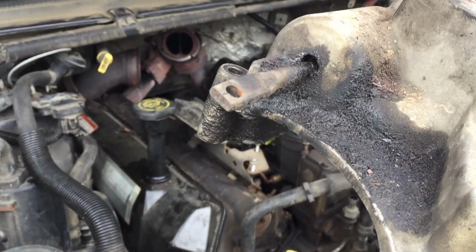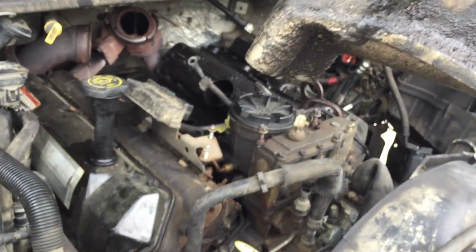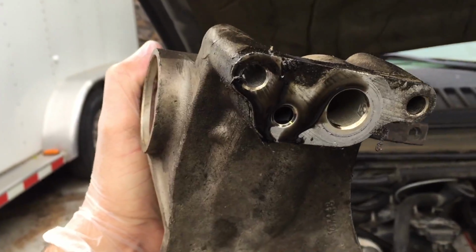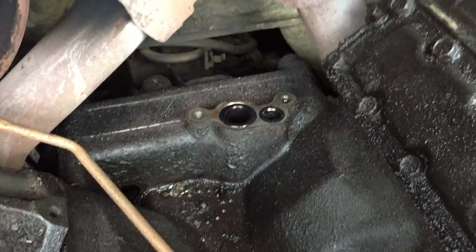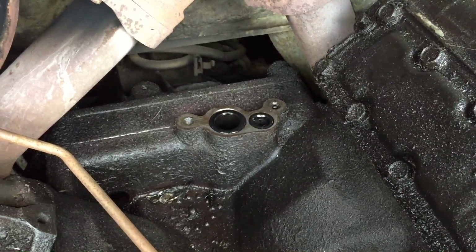Obviously, if you look at the wastegate solenoid here, you can see that it was leaking. We got some oil running down there. But even more so, look on the back here. There's no seals on there, but you can see where the seals would be. This is the back of the pedestal. And then you take a look at the engine, it's covered in oil where those two seals are at. And if you pull those seals out, they're hard and brittle and no longer sealing,